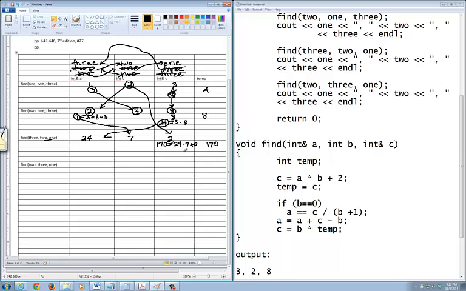Okay, that's my temp. Now, I'm going to come over here. Again, my if statement is still false. I'm going to do A plus C minus B. Alright? A is what? 24. Plus C is what? 170. Minus B is what? 7. That should equal 187. That's my equal sign. Okay? That's going to be my new